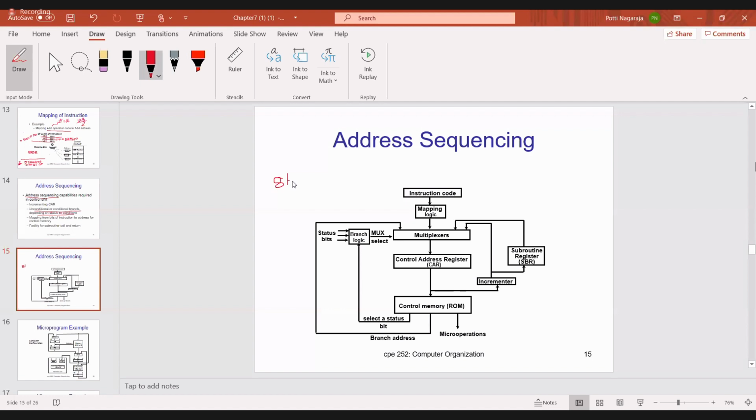To access 8 different status bits, you need 2 power n, so we require 3 bits to represent the 8 different status bits.